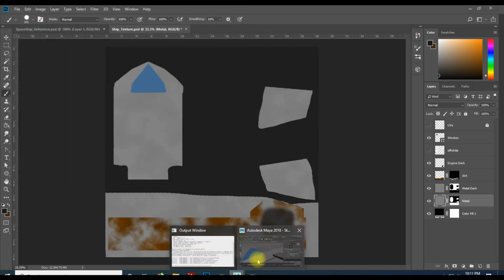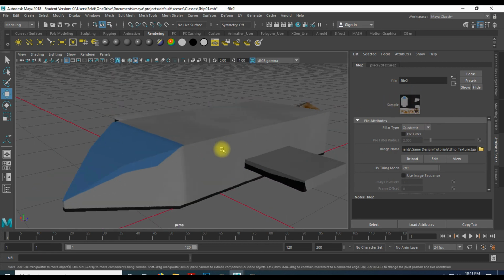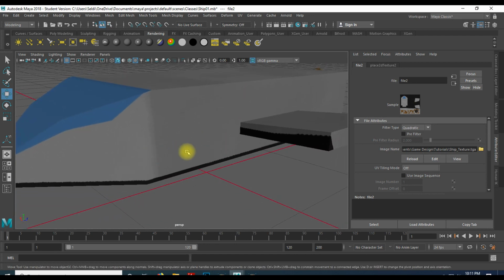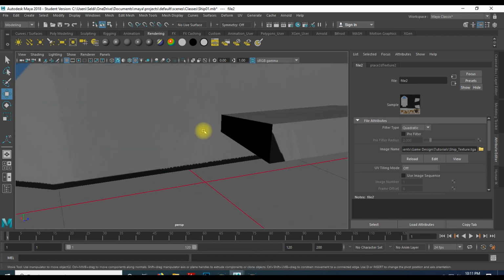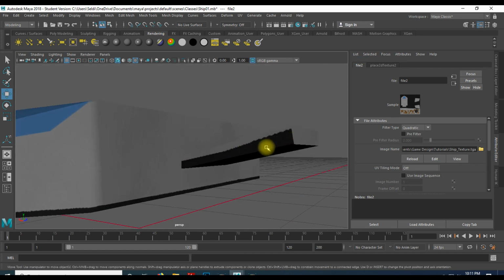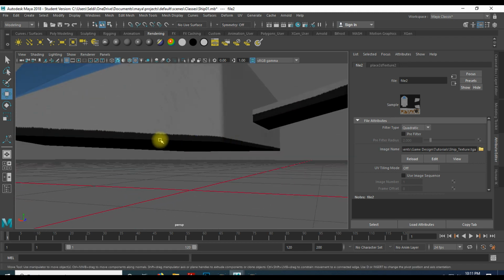I'll come back into Maya, and then with my materials up, I'll just poke the sample, and it'll just update it. And there it is. Now here's our texture applied, and there are some errors in the texture, and this is one of those things as a texture artist. You have to kind of come through and actually look at it on the model. You can see how like I did the black here, and it looks like crap, right? Down here is not too terrible. I mean, it's jagged, but